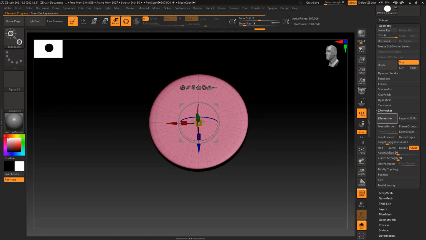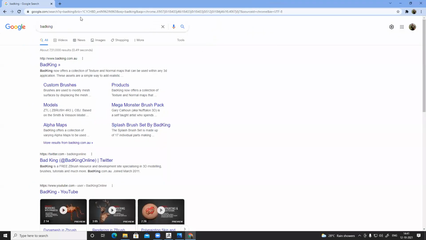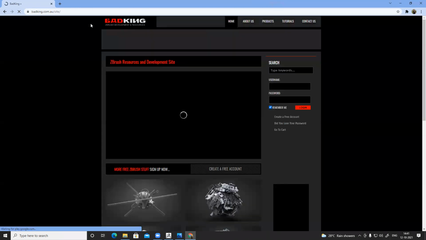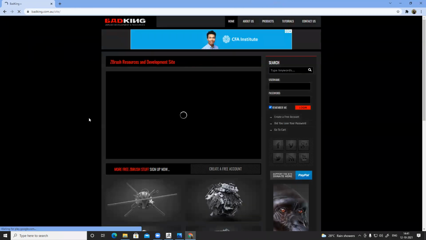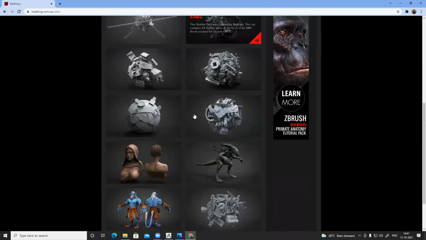We check. What shoes? Just Google the site. It's opening. On this site, we have a lot of brushes and base meshes that are free to use.